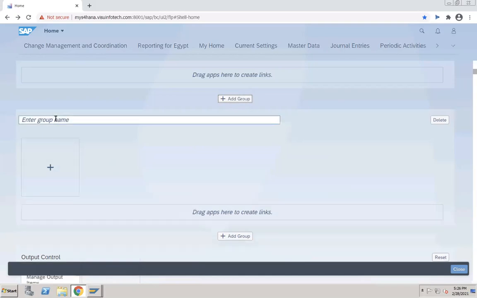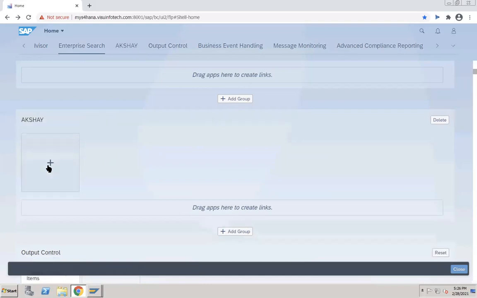Okay, I will give the group name. Under this group, I will add apps. So you can customize the screen as per your end user and give it to them. Who will do this? Basis team.